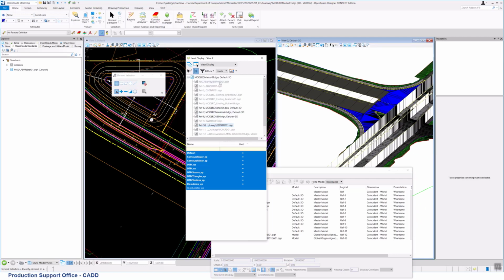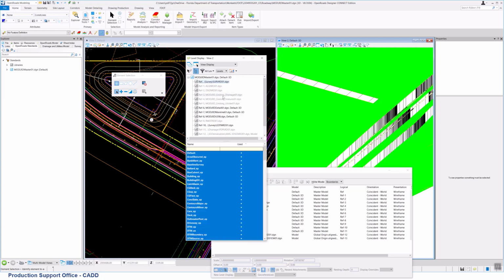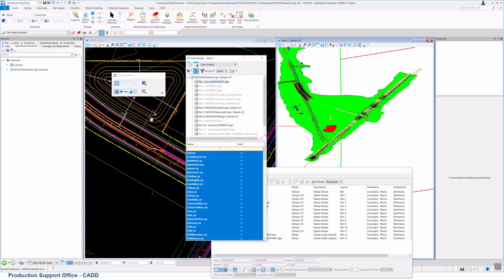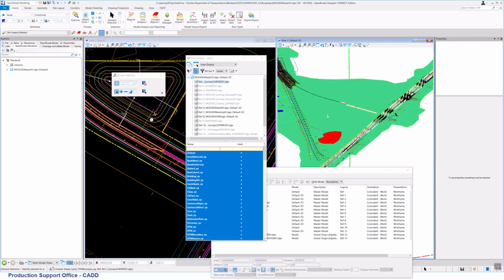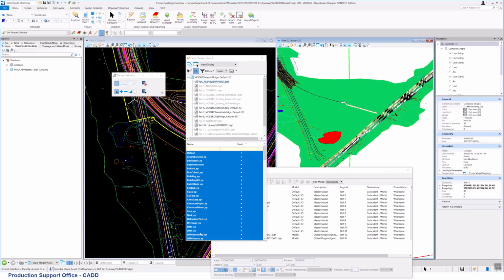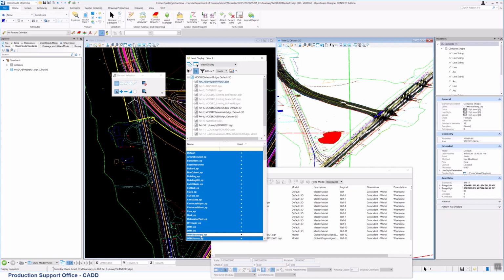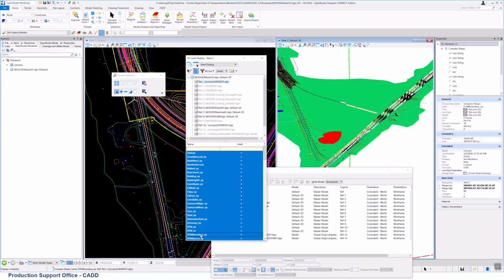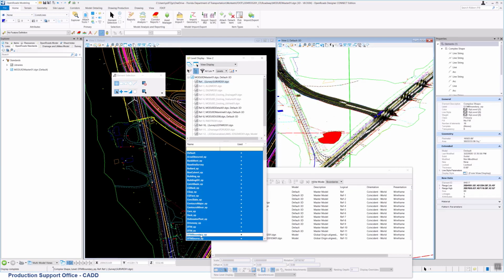Probably the easiest way, servrd maybe. Turn that on, so you can see servrd. With this one, I think this is actually the boundary that's showing up. But that gives you a rough sense of it. It's going to overlap right on there because the existing ground is right on there.